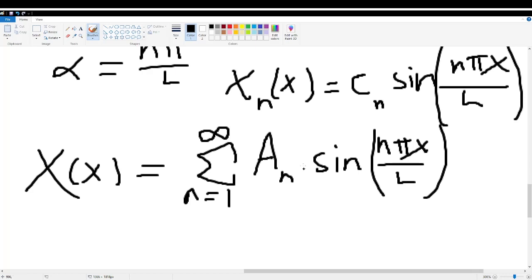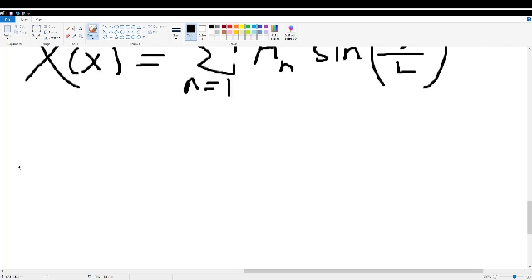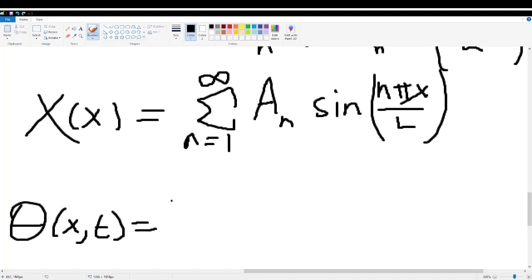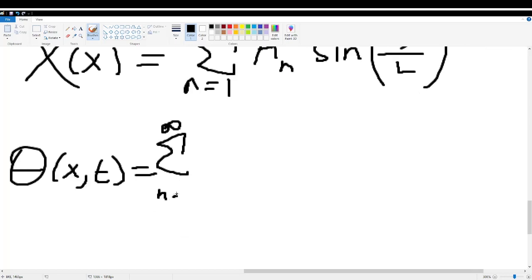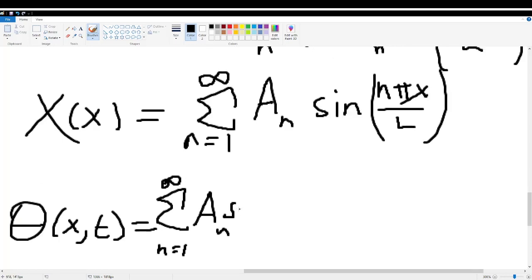So let's go ahead and write out the final fact that we have right here, which is that our big theta is a function of time and position. Well, I said those and wrote those backwards, but position and time is going to be equal to the infinite sum, starting at n equals 1, of some constant depending on n, times sine of n pi x over L,